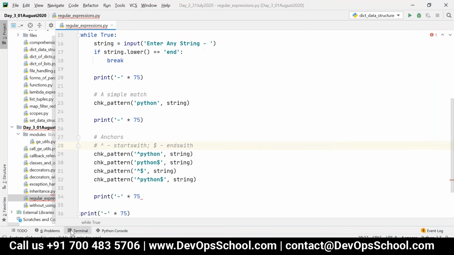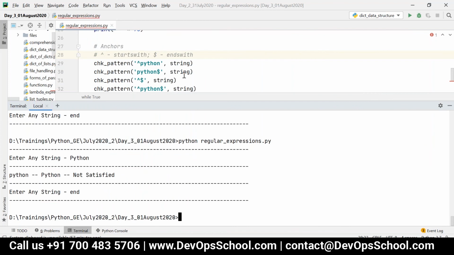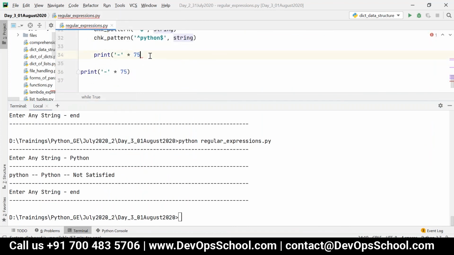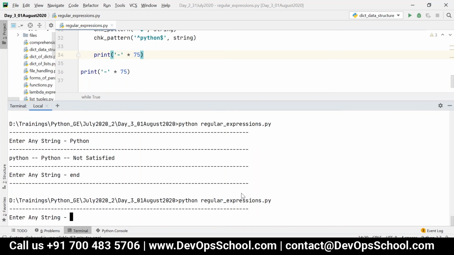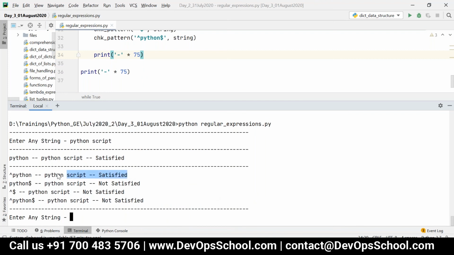Let's see now. Let me say Python script. It is starting with Python, so the first one is satisfied. Let me write script Python.